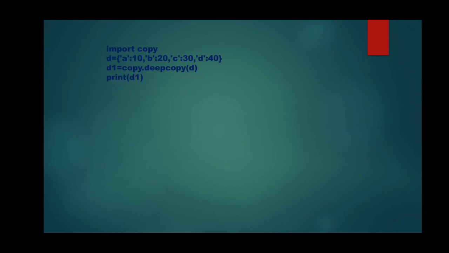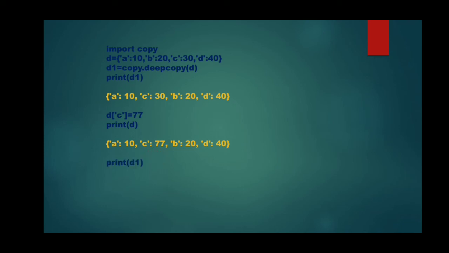When I have displayed D1, see, this is the original value, and then I have modified D of C. I have modified the value of key C and made it 77. So the resultant is, you can see C is modified. But when I have displayed D1, the changes are not reflected over here. Why? Because we have created a deep copy.